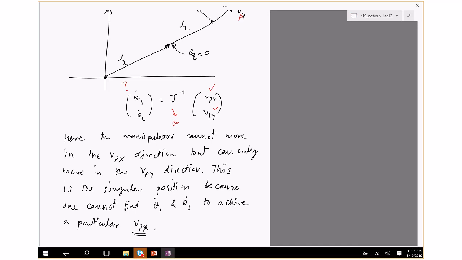So when you're trying to control robots, especially in velocity, you never hit this critical condition. If you hit it, then it's all going to go crazy. And so people always talk about singular-free configurations. Okay, so that's about